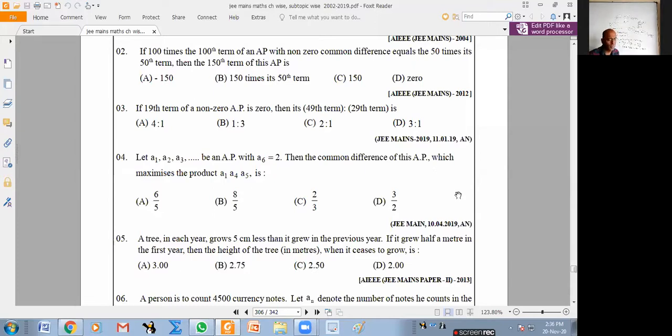I'm not going to tell anything different. Okay. That's all. No, sir, what I mean is using calculus. The product will increase till one end, sir. Let me see once.